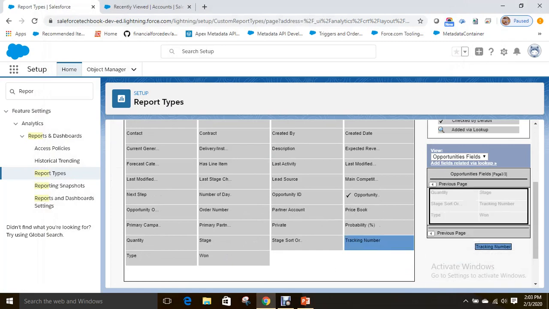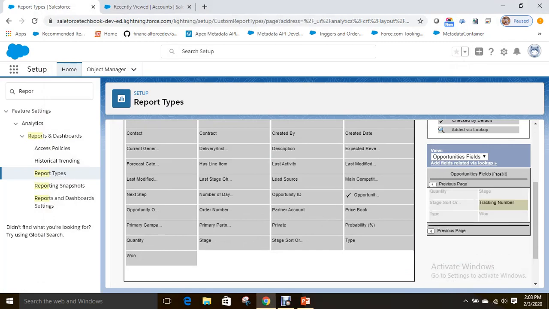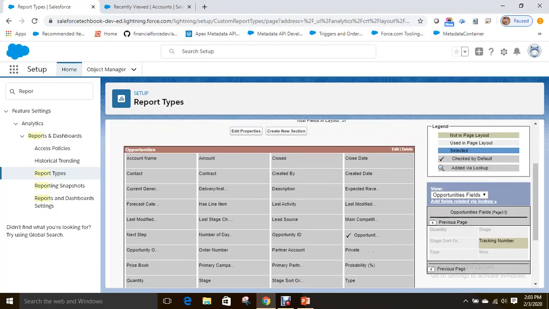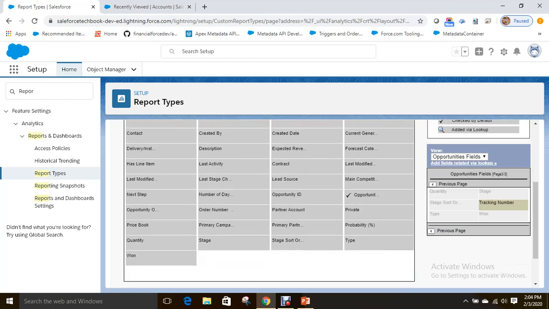and I don't want tracking number and private, and what else I don't want, contract, not removed, right? Yes. And